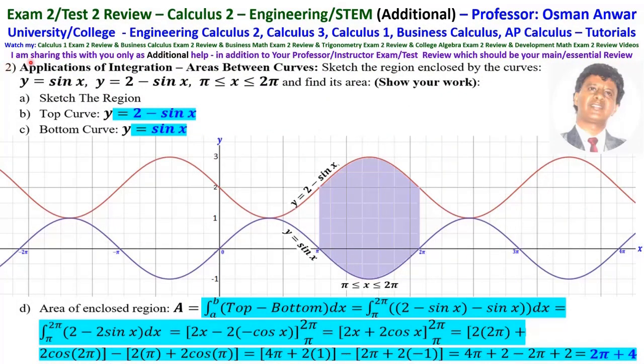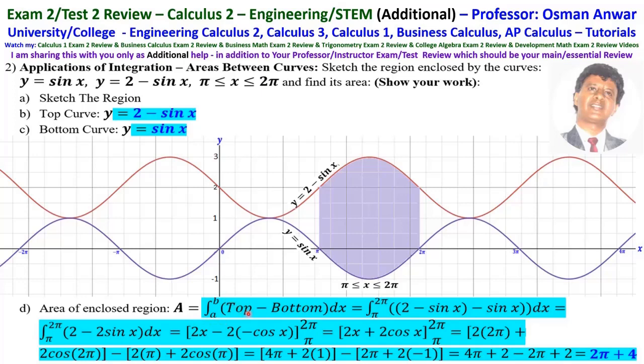Number 2 is sketch the region enclosed by the curve y equals sine x, y equals 2 minus sine x, where x is between pi and 2 pi, and find its area. So the region is y equals sine x is the bottom curve, and y equals 2 minus sine x is the top curve. It is minus sine x shifted up vertically by 2. And we are finding the area between pi and 2 pi. So the area is